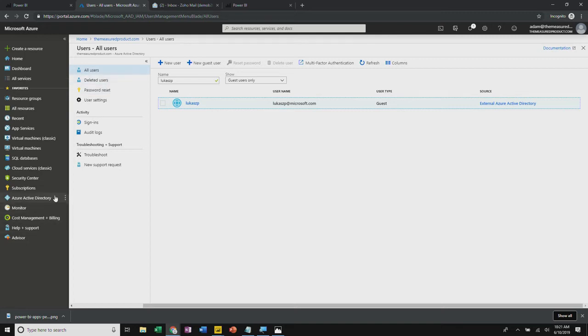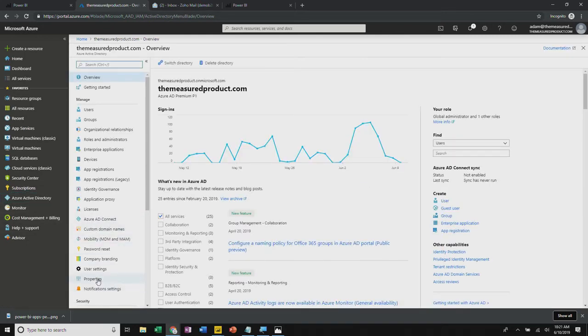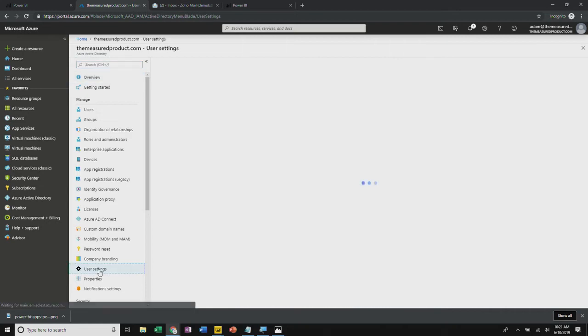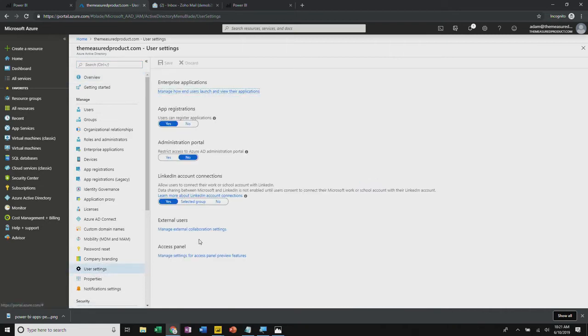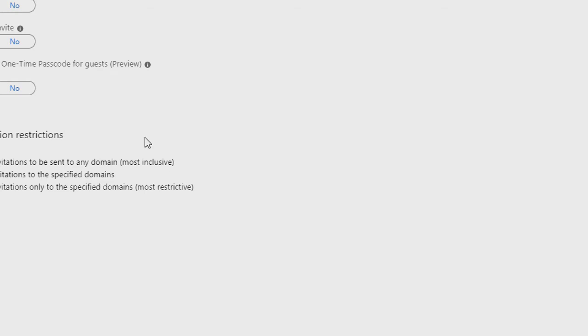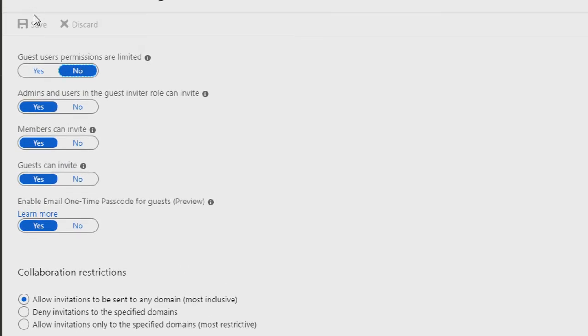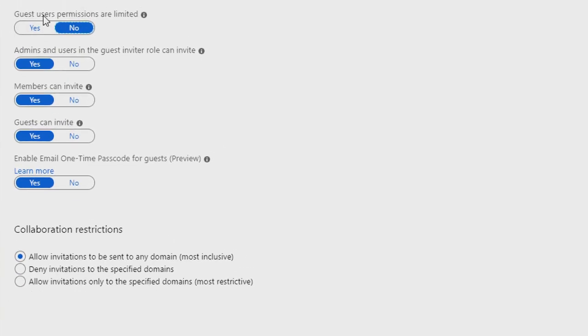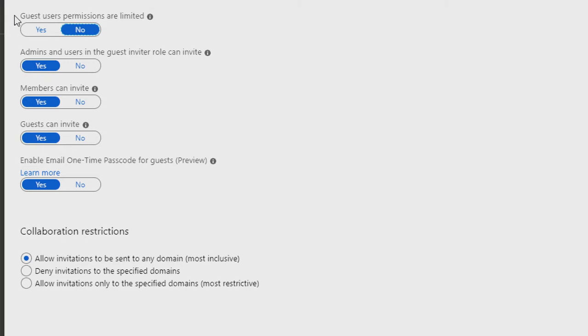But I can also, if I come back into Azure AD, under user settings here, I can actually do a set of management operations. It's a little hidden. It's manage external collaboration settings. But if I click that, what comes up is this little experience where I can control a number of things. I can control what access guest users have to my directory information. What that means is, can they actually find out that some other user is part of my directory or not? By default, this is off.